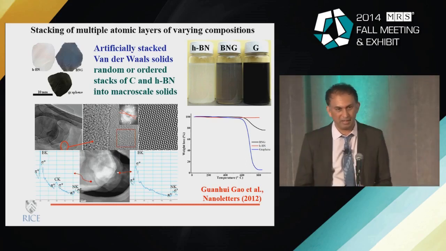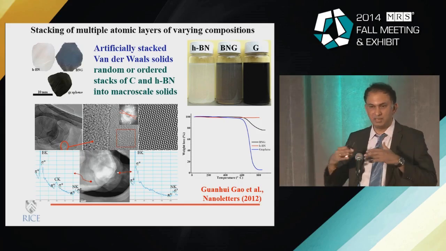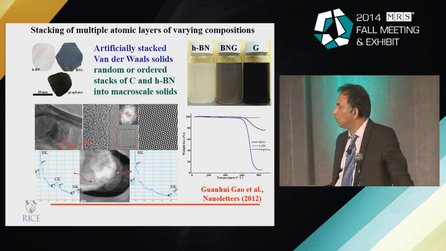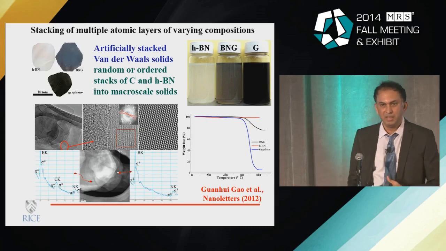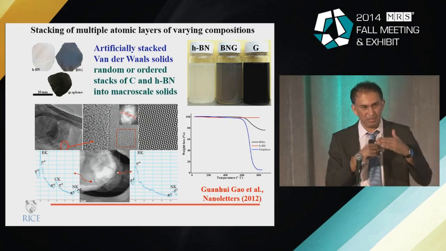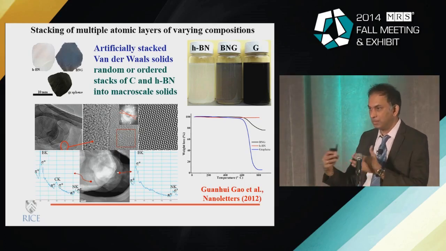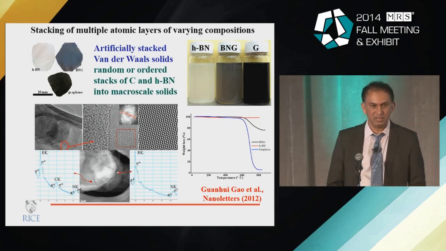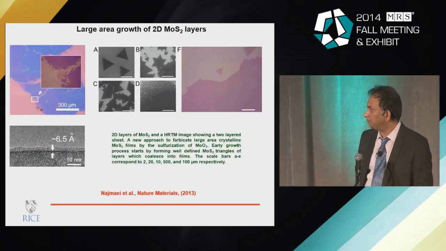It's a mixture of boron nitride and graphene, and you have domains in the hundreds of nanometers that are kind of stuck together, again a patchwork, but also there is a graded compositional change throughout the material, and you still see some interesting effects due to this simple mixing process. Spectroscopy shows some interesting additional electronic states coming in because of the interface between boron nitride and graphene. But if there is a way to really order these structures, some kind of periodic van der Waals solids by this kind of mixing process, then you really are going to be able to make entirely new types of material in bulk.